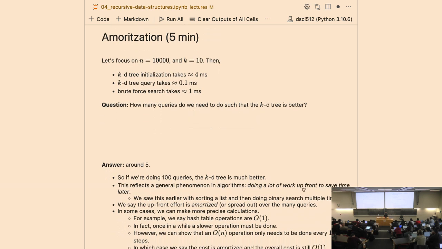Okay, so if you remember when we discussed the idea of a hash table, I said that every once in a while we have to grow the size of the hash table in order to not have collisions, right? So when we grow the size of the hash table, we essentially have to copy the data over to other places, right? And if you have n data points in there, we have to do O(n) time operations in order to copy those things. And you remember that we said that the insertion time for a hash table is